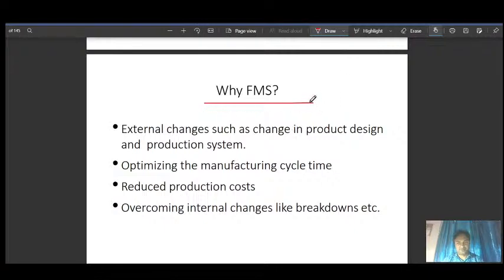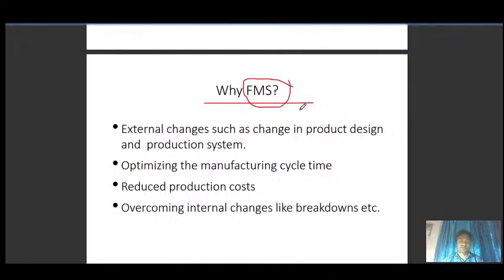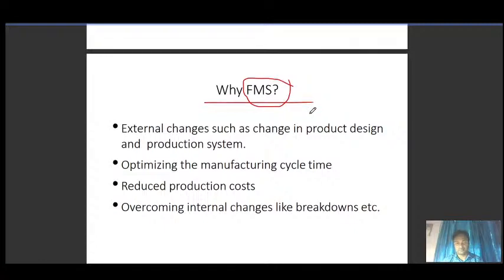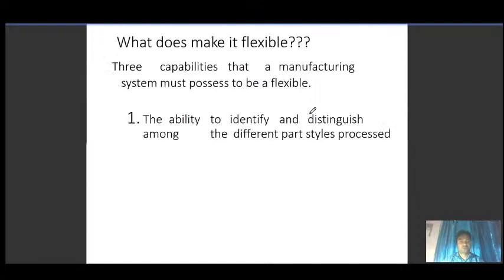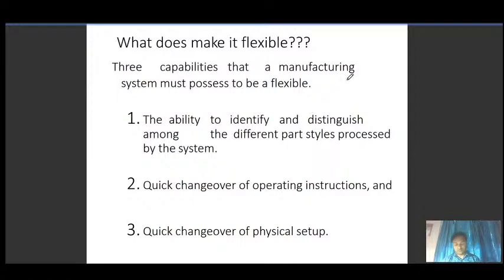If they don't go for FMS, that means their business will be taken over by some other business owner. So now today's lecture starts from here.